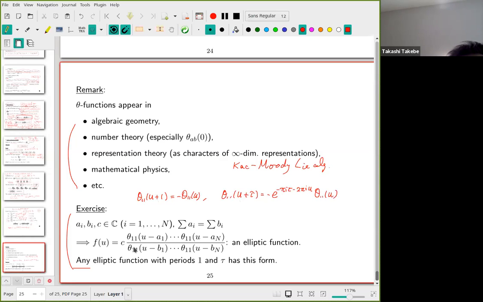Well, I use here theta 1, 1 on theta, but you can use any other theta functions with characteristics. So there are important